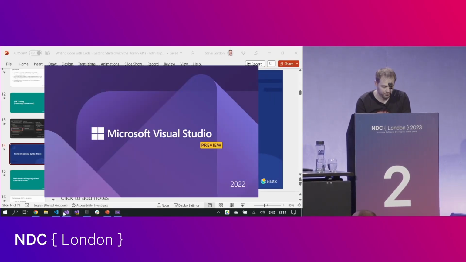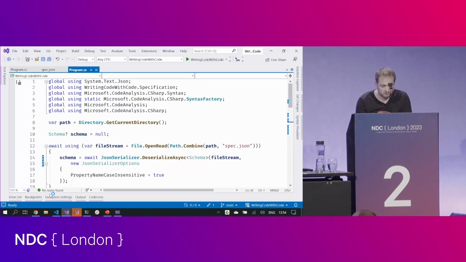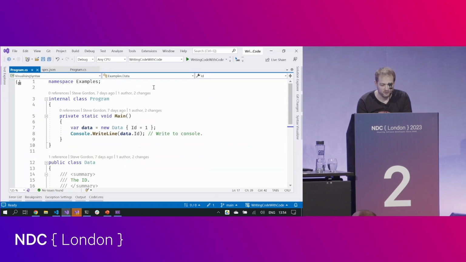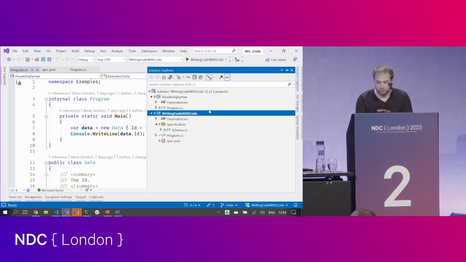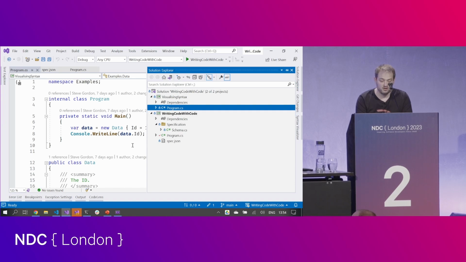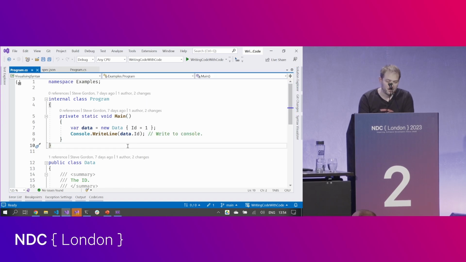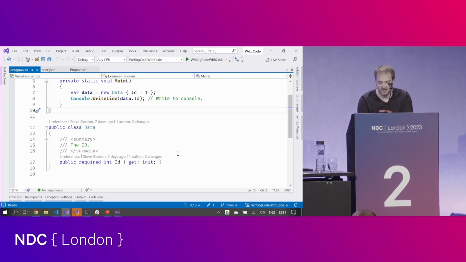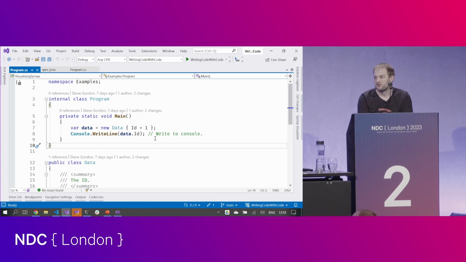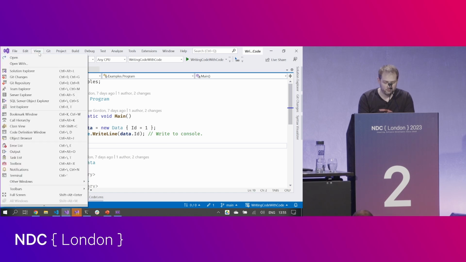So in this solution, and I've got to give a link to this at the end, but it's not very exciting, we have a single program class in this single project here. It has a program main method, has a very simple data class, and we just basically create an instance of the data class and then write something out. The code is not exciting, nor is it important, but what we'd like to do is actually understand what the